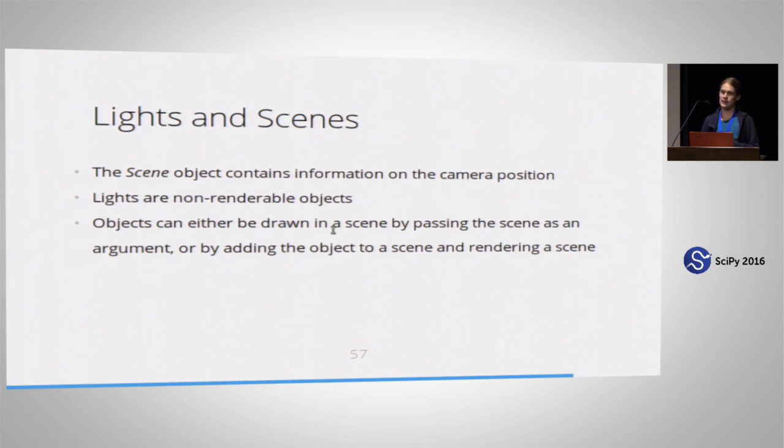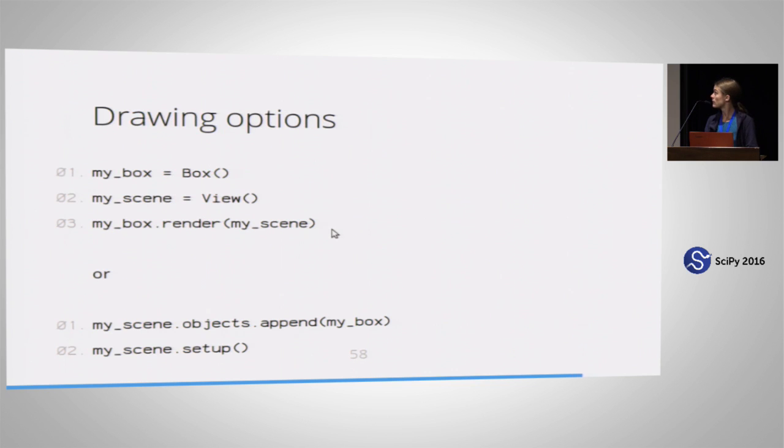If you don't want to specify anything, or if you want to play around with the actual rendering, you can change the variables there. Lights are non-renderable objects. And then you can either add objects to a scene, or you can create an object first and then pass it a scene when you actually want it to draw. So this is what I mean by that. So you can either create your box, create your scene, then pass the scene to the box when you render it, or you can